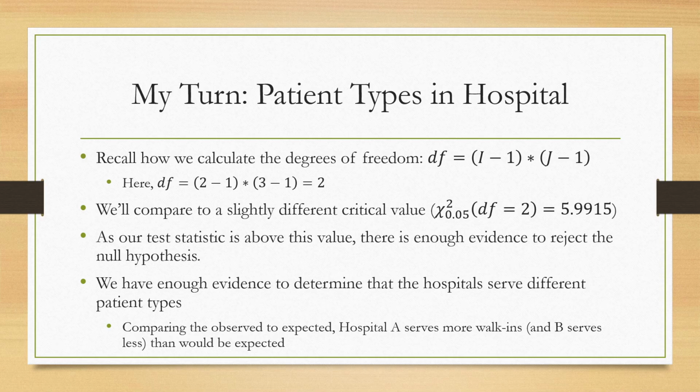Patient type depends on the hospital. And that's a little strong because that implies causal language, but in this case may be justified because of the nature of the variables. Hospitals have different patient types. Different patient types go to different hospitals. Again,